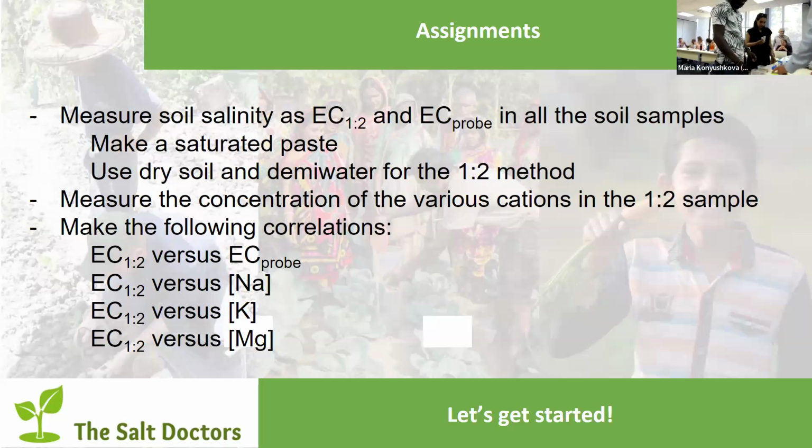You can do this one if you want. This one has already been done. You can make a saturated paste with this one. And we need someone else to make a 1 to 2 extract of this one. You feel like doing that? Yes, you can use this water sample. This is all demineralized water. You add a bit of this, take a spatula, this one has been used, and you start